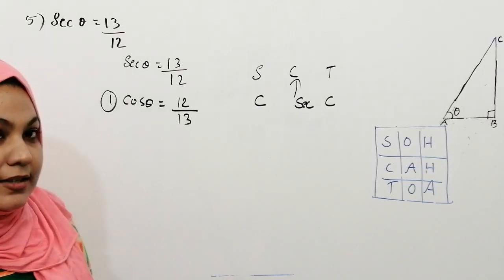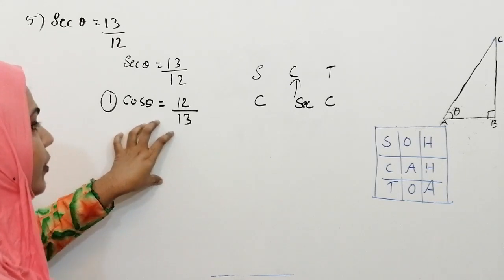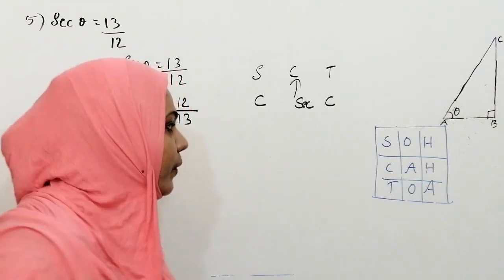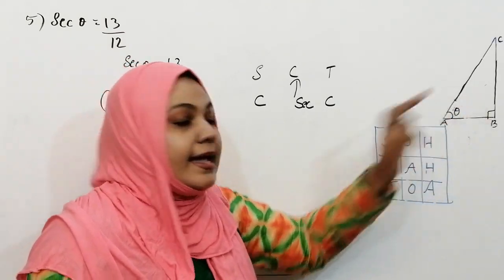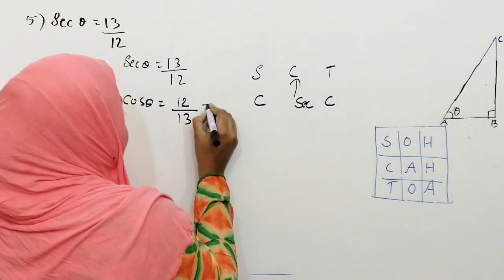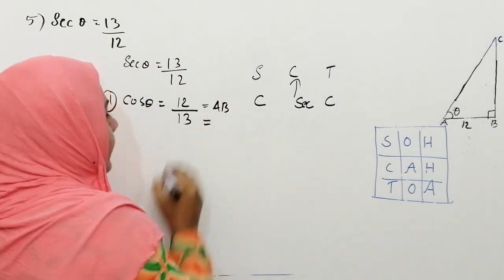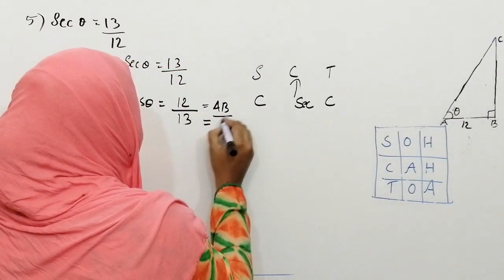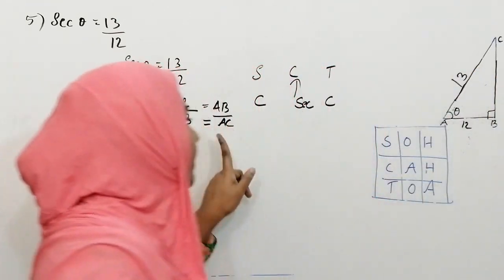So we have to find the remaining 3 trigonometric ratios using this. So now we can substitute this value in our triangle. So you know that cos is equal to adjacent to hypotenuse. So what is the adjacent side here? The side which contains the reference angle and the 90 degree is called the adjacent side. So this is our adjacent side. So what is the value for AB? 12. And this is our hypotenuse. So AC is the hypotenuse. So what is the measurement for AC? 13 is the measurement for AC.